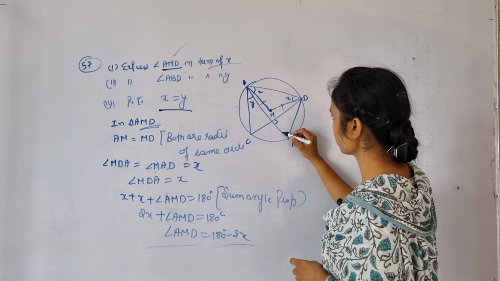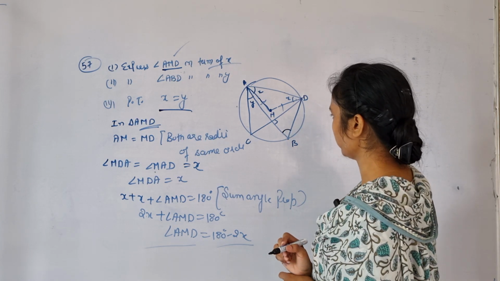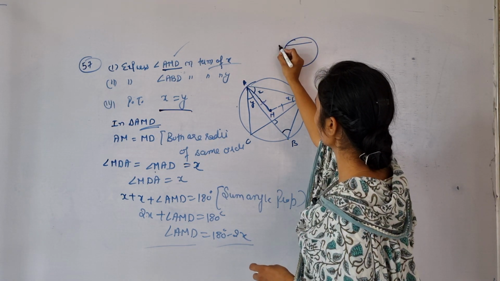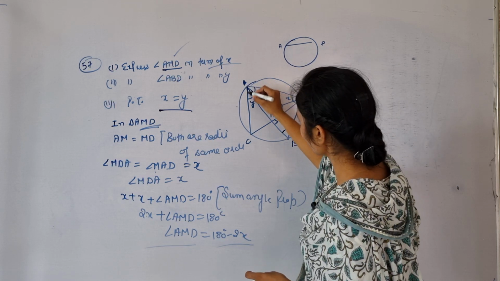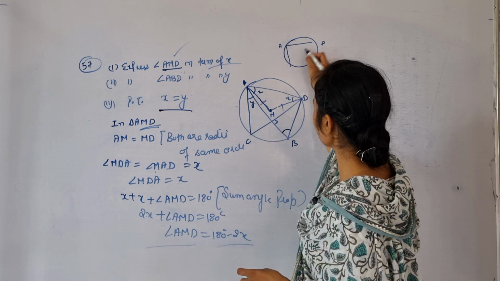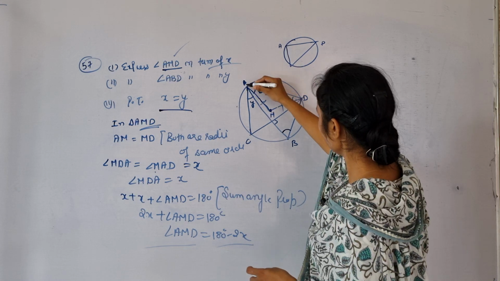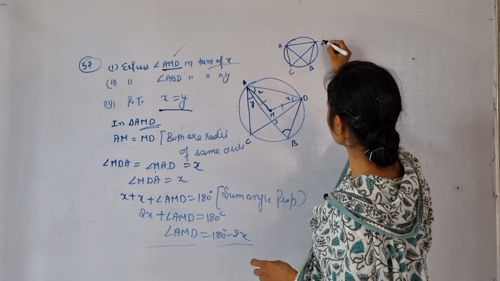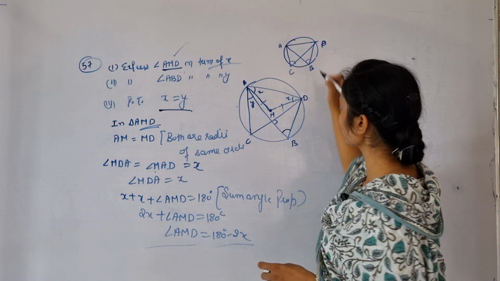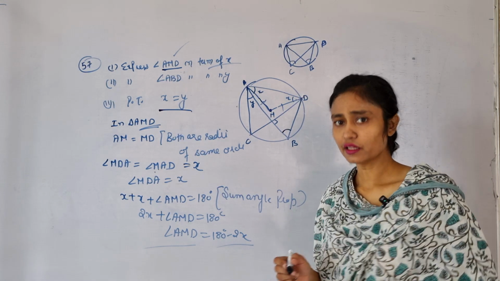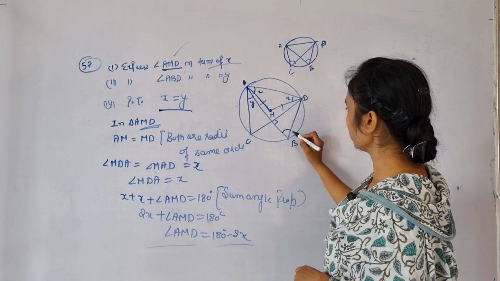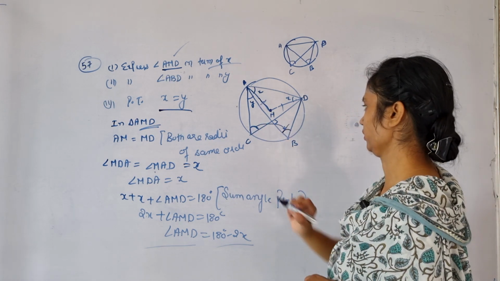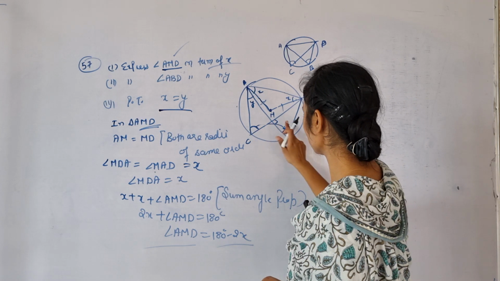They said in terms of y. Yes, you need to express in terms of y. See, if I draw the circle again, this is the chord AD. From this chord, this angle C is formed, and from the same chord this angle B is formed. So these two will be equal, angles in the same segment. To find this, I am going to do a calculation: whatever this will be, this has to be the same. For this, what we need,